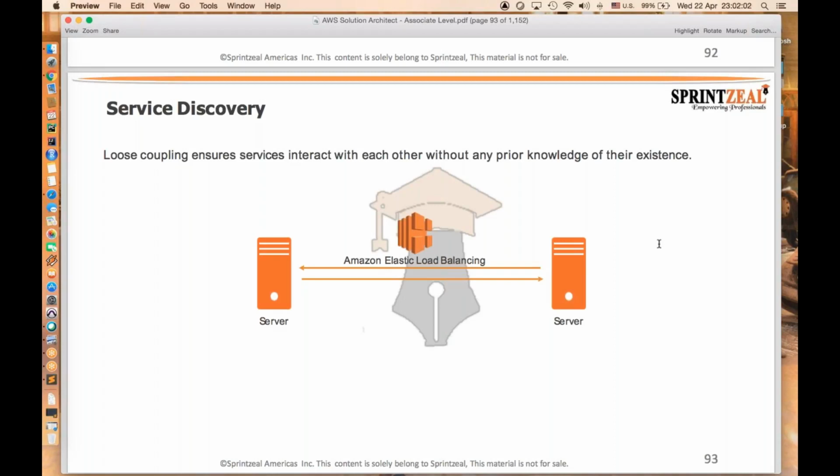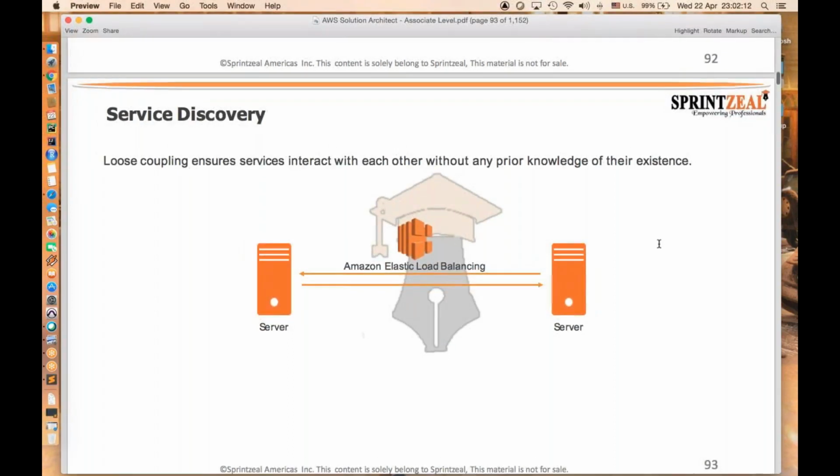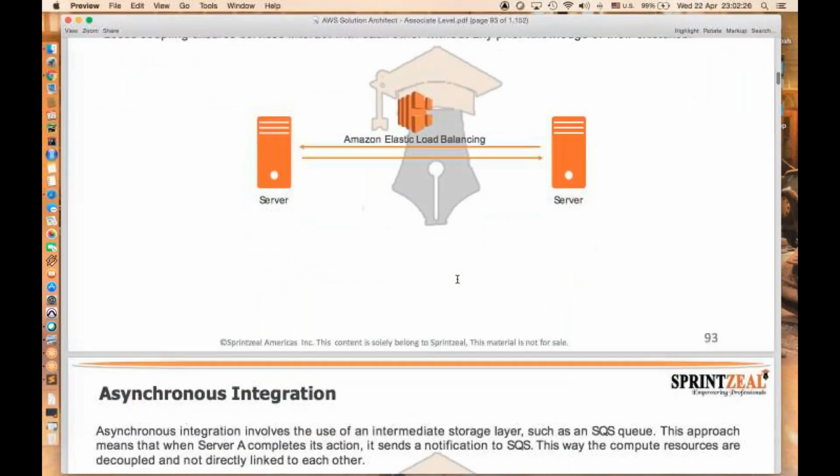That's where service discovery comes into the picture with the load balancing concept, which is the elastic load balancing concept. In the previous slide, when one request failed, elastic load balancing is the one which knows there is another web server and routes that request to it without any disruption. So that's where service discovery comes into the picture to take the request without any failures.